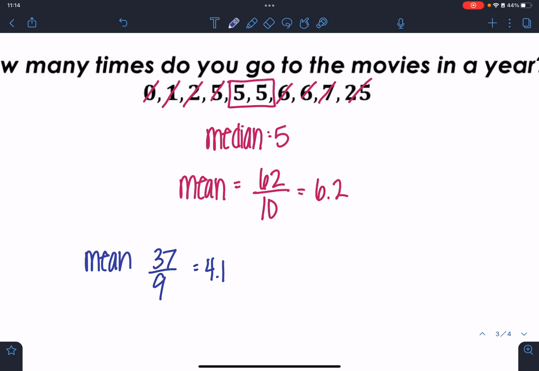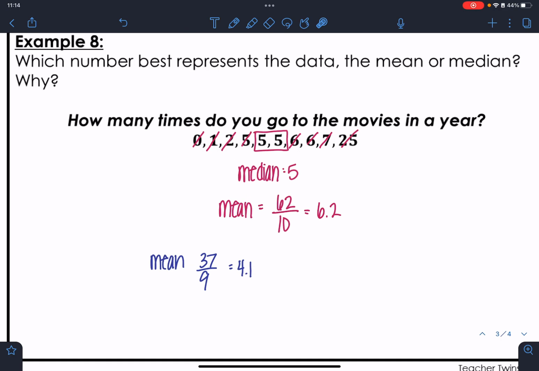So look at that change. One outlier is really going to cause your mean, if it's a higher outlier, to jump a lot, okay? Whereas if your outlier is really, really small, it's going to cause it to go down a lot. So that was me taking away that outlier and recalculating. You don't need to write that down. But hopefully we can see that an outlier is going to cause your mean to be really, really high or really, really low, depending on what type of outlier it is. Okay? So,